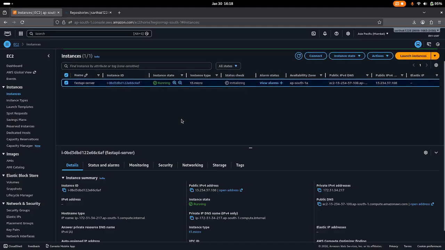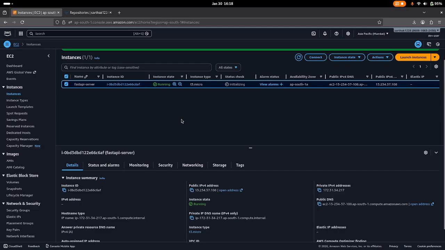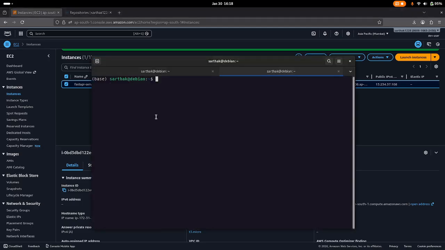Now let's do one thing. Let's do SSH login to our EC2 instance, right? For that, first you need to go to downloads, where there is the key.pem. Yesterday we downloaded the key pair, right? And I have kept that in downloads. So I'll type ssh -i key.pem